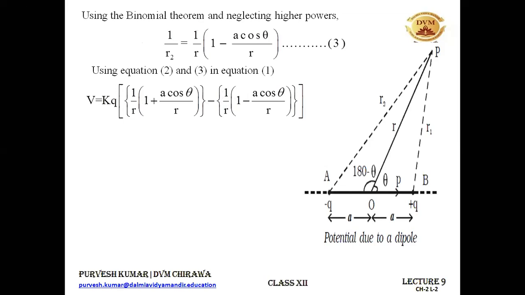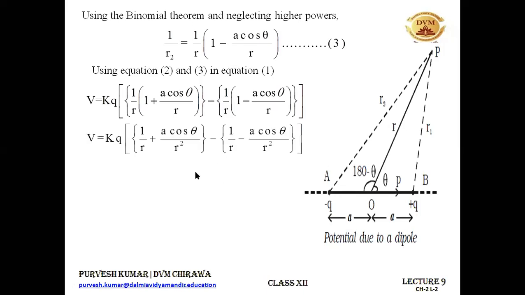Now we need to solve it. Solving it further, first open this minus sign. I open the bracket with this minus sign, so we are left with this. I have multiplied 1 by R inside the bracket. So 1 multiplied by 1 by R becomes 1 by R only, and A cos theta by R multiplied by 1 by R becomes A cos theta by R square. Now again, 1 by R has to be multiplied by the terms in the bracket. So 1 multiplied by 1 by R is 1 by R, and this minus sign will be there, and then A cos theta upon R square. That's what I have done.